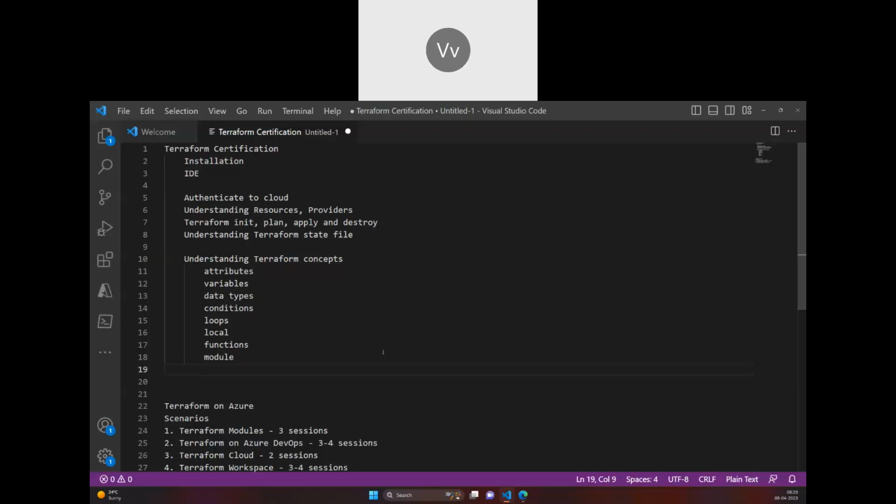So what else is there? Some more things which you can actually go for are data and output. So in functions and modules, you can have one more key important thing after that, which is dynamic.